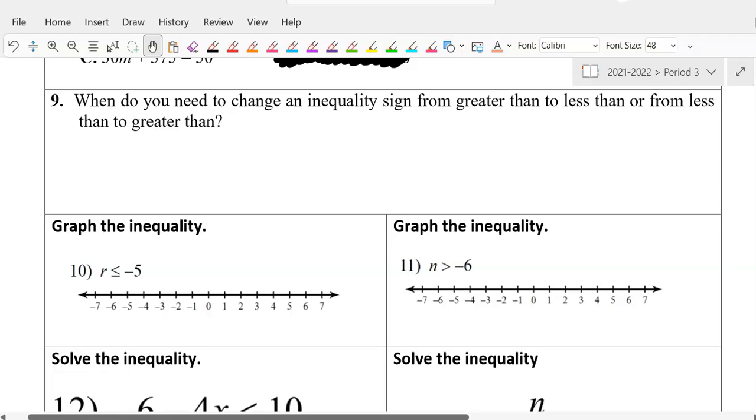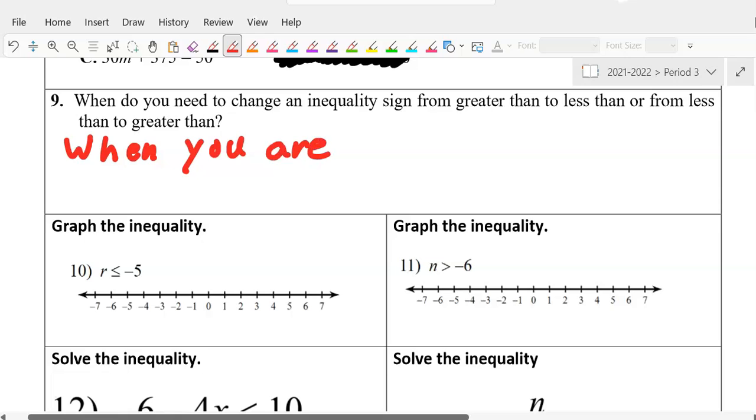When do you need to change an inequality sign from greater than to less than, or from less than to greater than? When you are solving a problem by multiplying or dividing by a negative number. When you are solving not just an equation, but an inequality. So let's write this down. When you are solving an inequality,